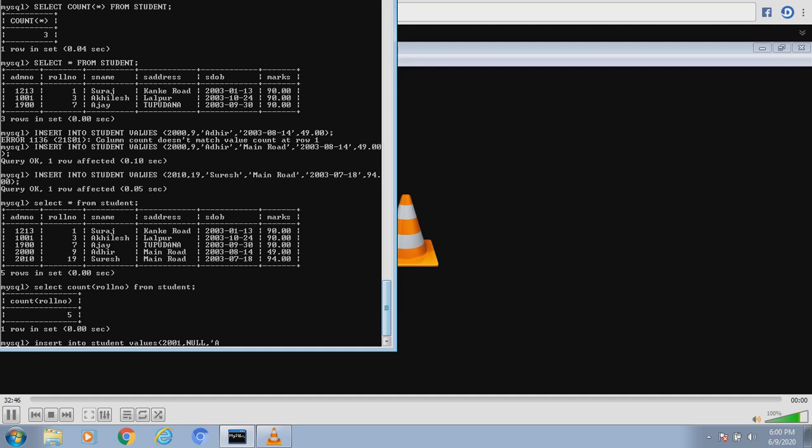Suppose we know the name, we know the address also. Maybe we know his date of birth also, but we don't know his roll number, because the class teacher has not assigned the roll number yet. Maybe we know his marks also.